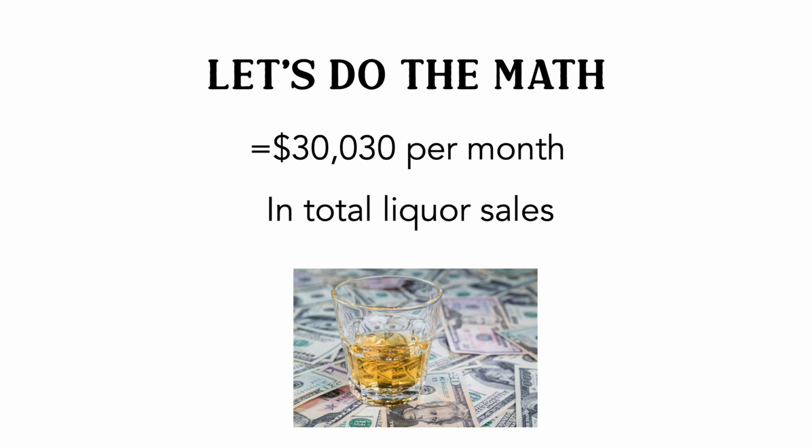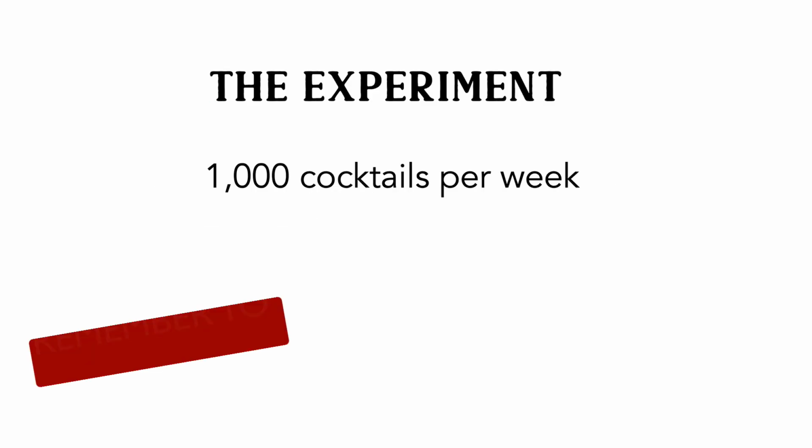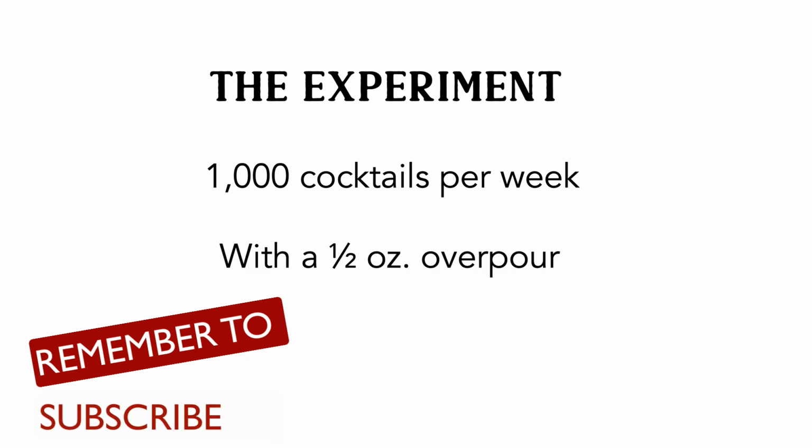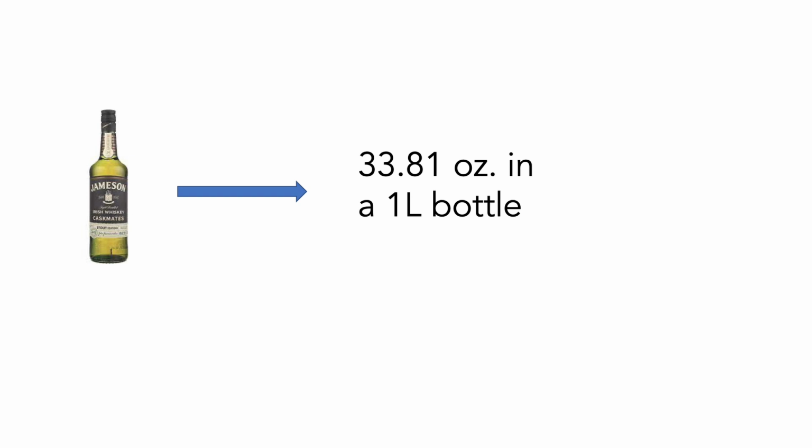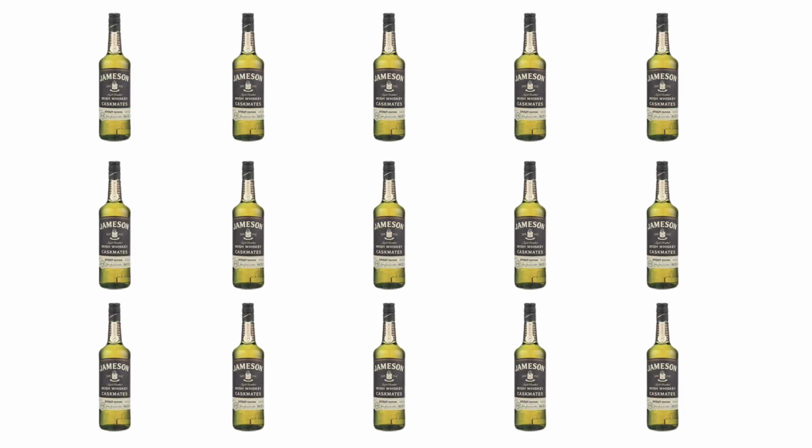Okay, so if you are through doubting me, we will get back to business, back in the lab. Here's the experiment. 1,000 cocktails per week with a 1/2 ounce overpour is 500 ounces per week gone. All right, more math. We're gonna use Jameson Caskmates, which is my favorite Jameson to drink, and it's my video, so that's what we're gonna use as an example. There are 33.81 ounces in a 1 liter bottle of Jameson Caskmates, or any other 1 liter bottle, it works the same. If you take those 500 ounces and divide by 33.81, that's going to equal nearly 15 bottles of